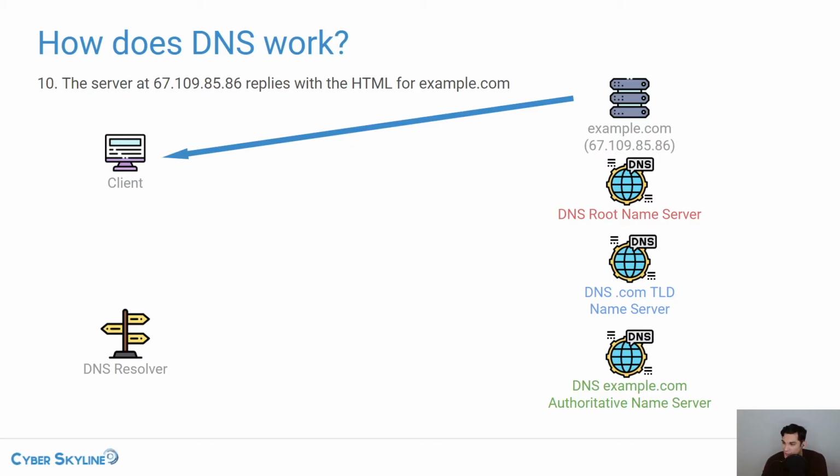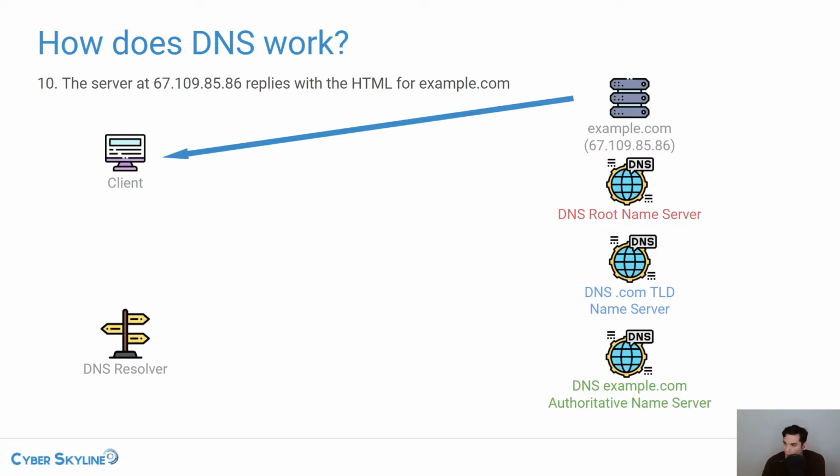But what we've seen here with this process is that there's a hierarchy. When you are requesting a lookup for a domain name, it starts at the very top with these DNS root name servers. Those root name servers are basically recorded in the DNS resolver. They're saved there in its memory, so it doesn't have to worry about knowing who they are on the fly. It's information that is hard-coded into the DNS resolver.